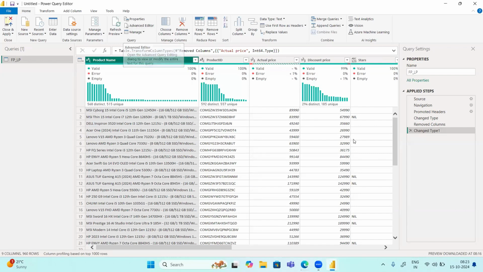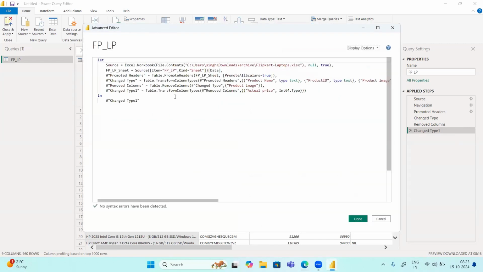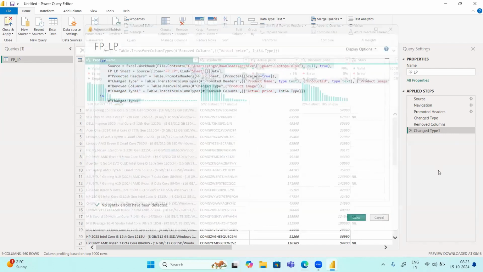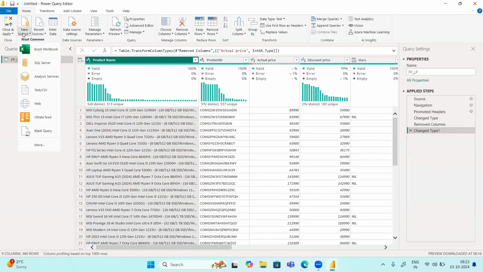So suppose you want to apply the same steps in some other table also, you can simply copy paste this code in the blank query and it will automatically get created. Let me show it to you. If I want to load this table and perform all these steps again in a new table, what you need to do is click on new source, click on blank query,